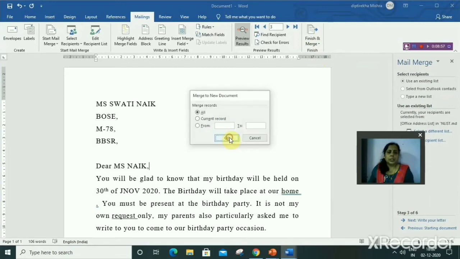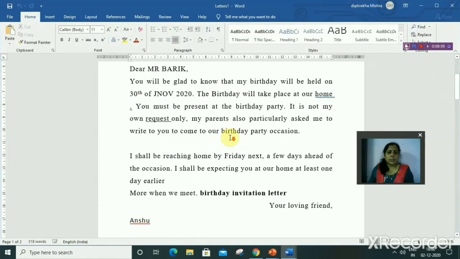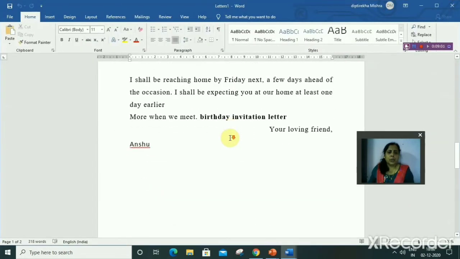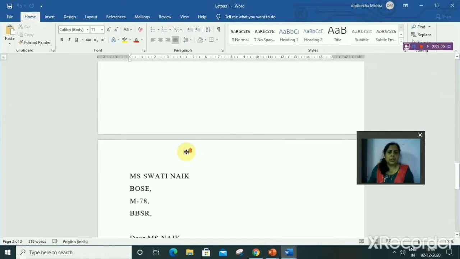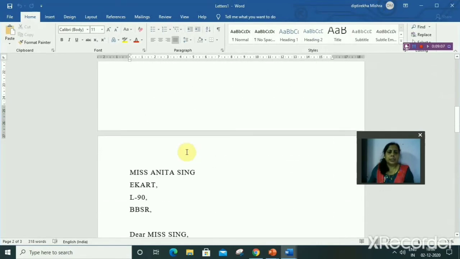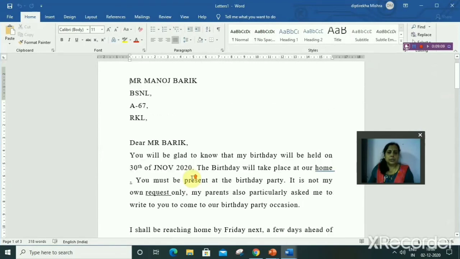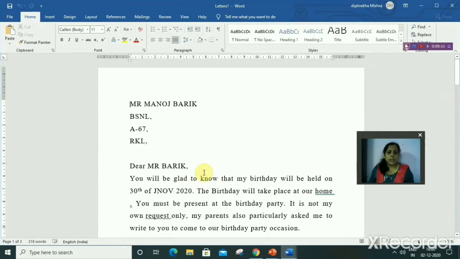Then click on all. Then we'll find all 3 documents having all the recipient names in the placeholder place. So this way you can create mail merge and you can create a new recipient list.